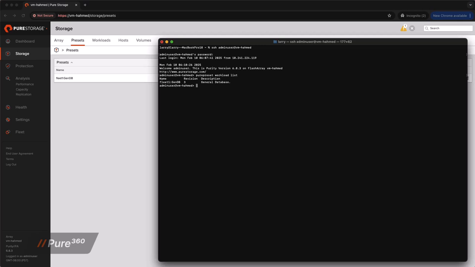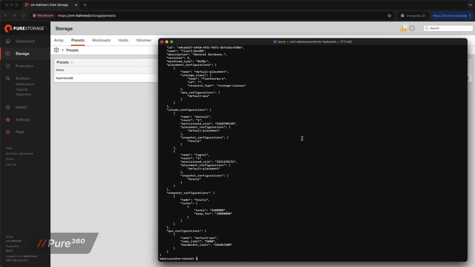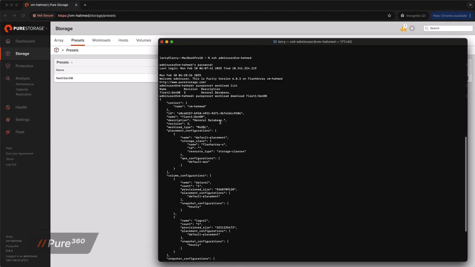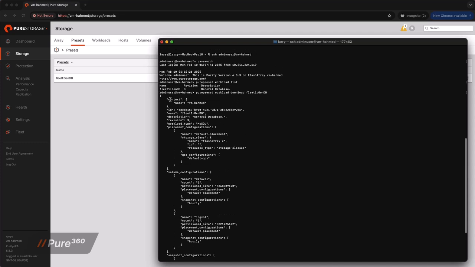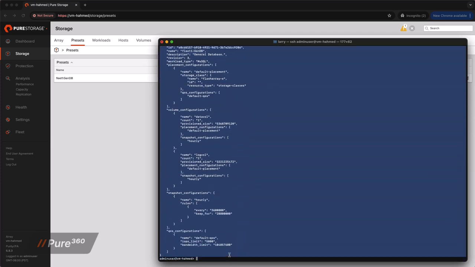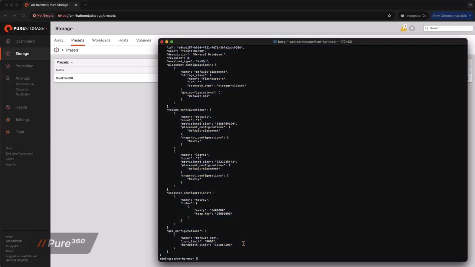If we want to download that, we do a pure preset workload download and the name of that preset, including the fleet. That will print the entire preset in JSON format for us on the screen. And then if we want to create another preset using all of this same configuration, we can just simply select all of this text here, copy that text, and then do a pure preset